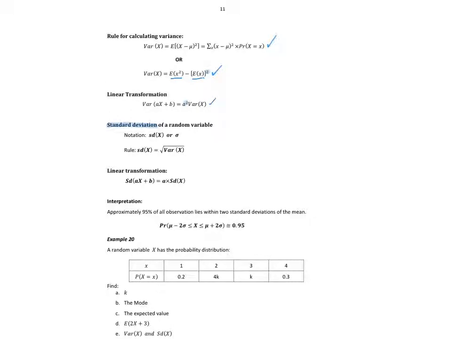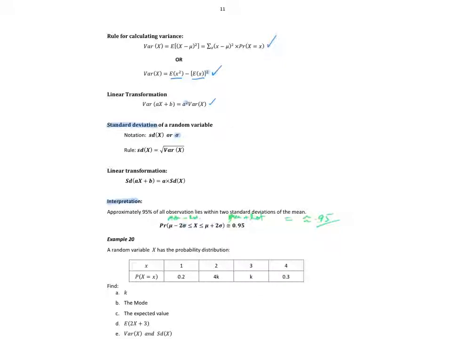So the way we can interpret this, see the little sigma, that's my standard deviation symbol. So what we're saying is mu, which is the mean. So what this says is the mean minus 2 standard deviations to the mean plus 2 standard deviations, we expect about 95% of the data to be within.